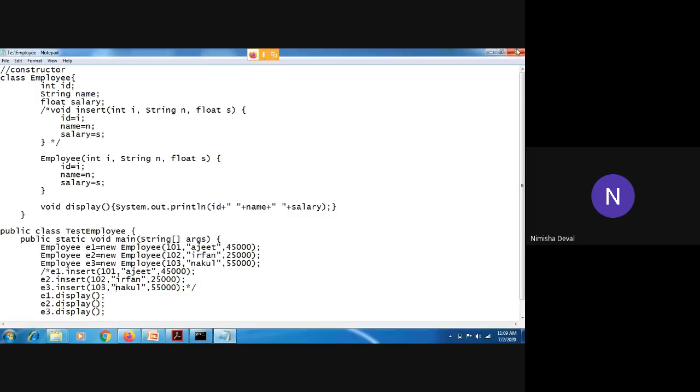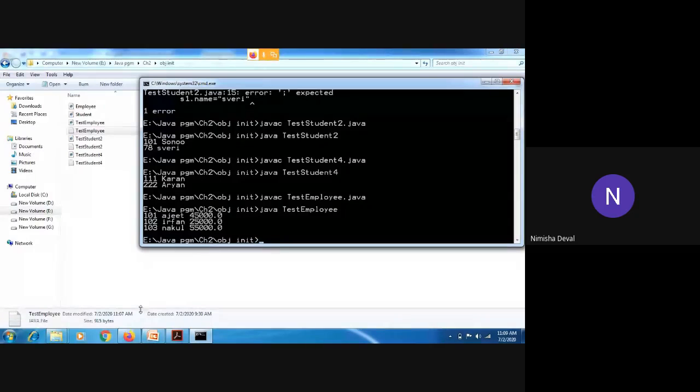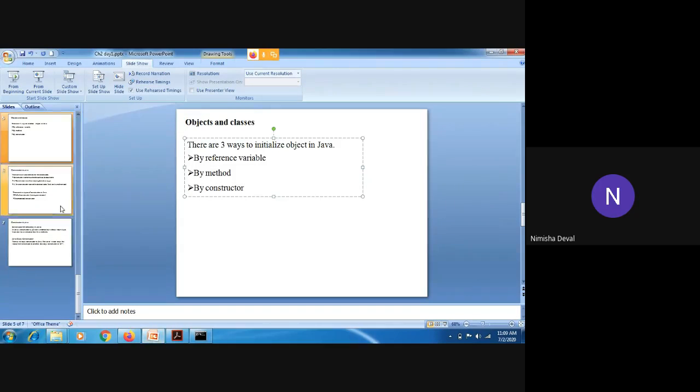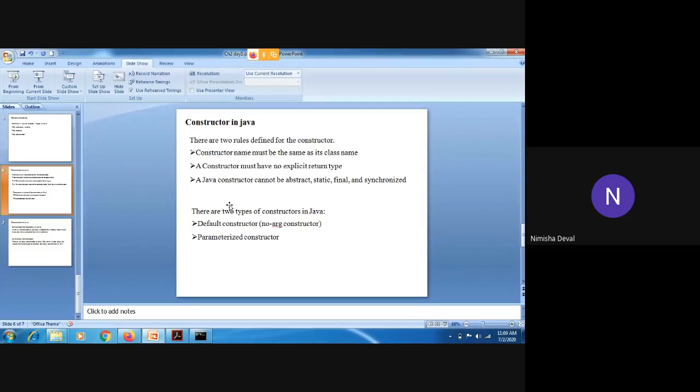Okay, now we will move towards the next part. Now see, we have covered this part, initialization of object. There is one part left, that is the method. We will see it in the next lecture. First we will cover the constructor, then we will see the method, because the method will take more time compared to the constructor. That's why we will first take the constructor. Before starting the constructor,